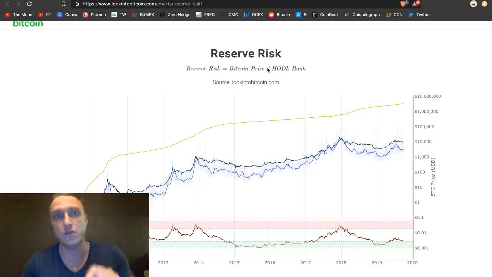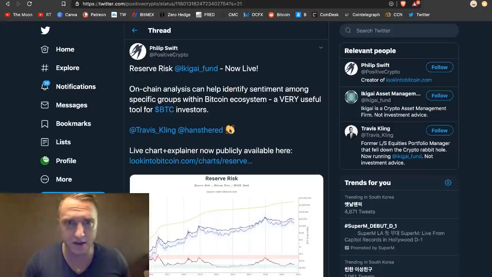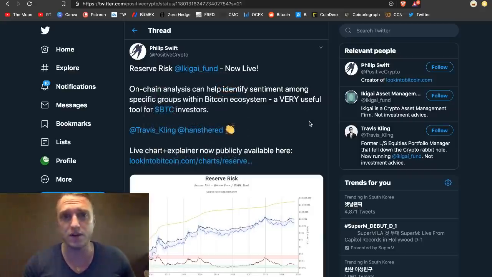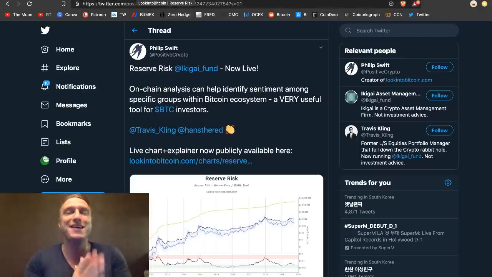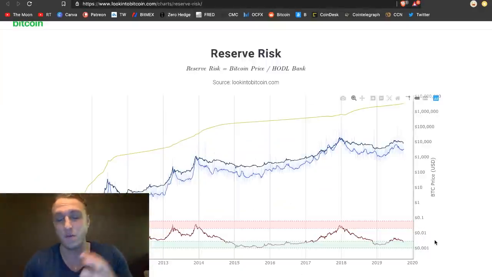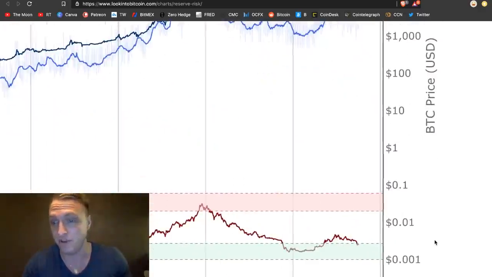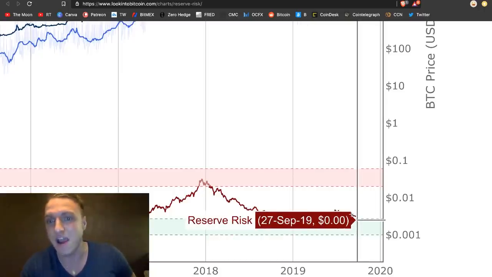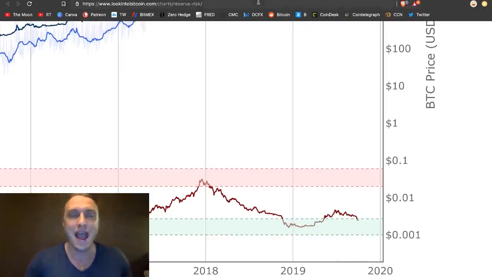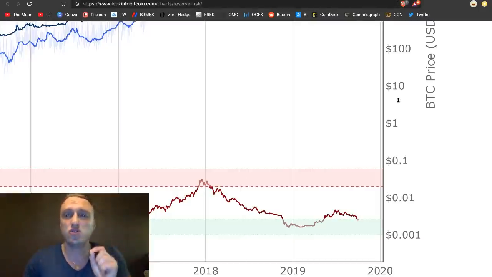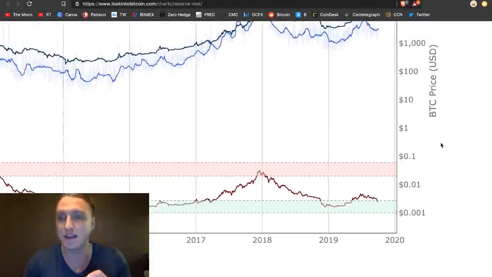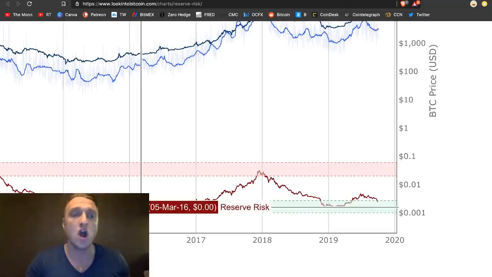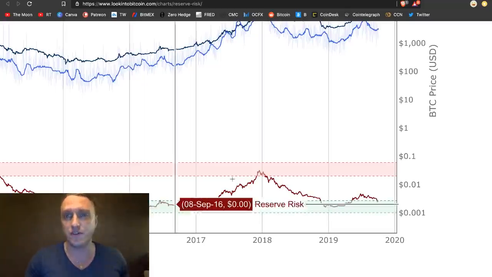And this is the reserve risk. It is coming from the fund called Ikigai fund. We will leave the link down in the description below, and it was released basically today. And the fun thing is, our mind was blown. We woke up, we saw that on Twitter, and we thought, okay, we have to do an episode about it, because just today we went into the green buying zone. And the implication of that is so crazy, and we will tell you exactly why it is crazy and why it is much more crazy than back in the days in January, February, March, or even in the huge bear market in 2015 and 16.